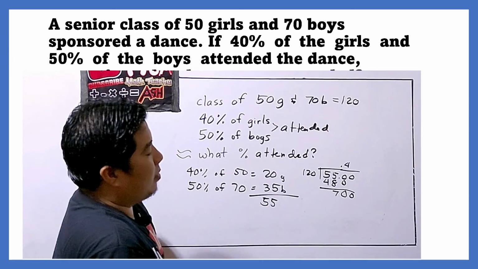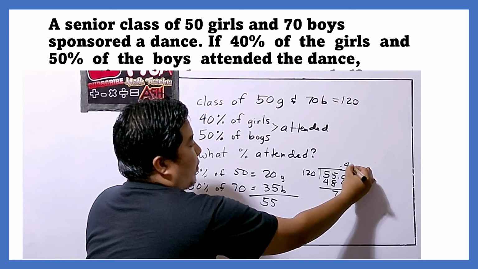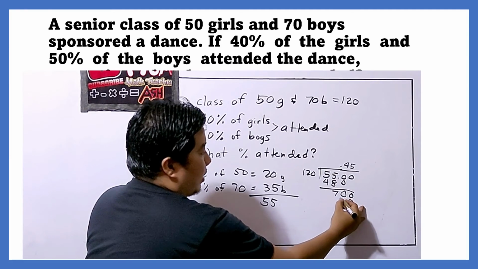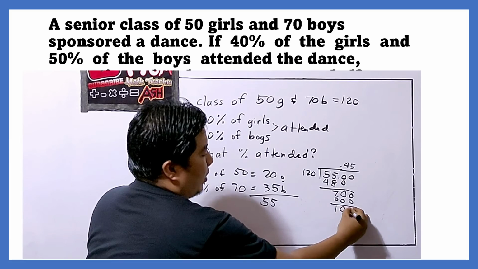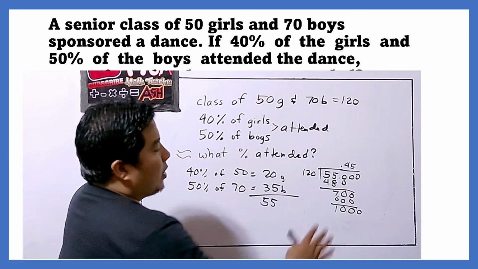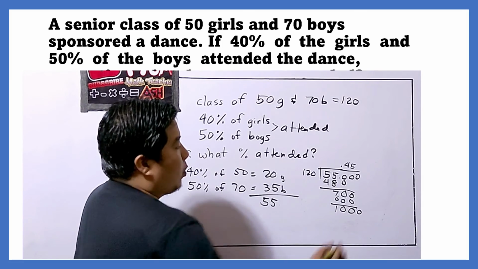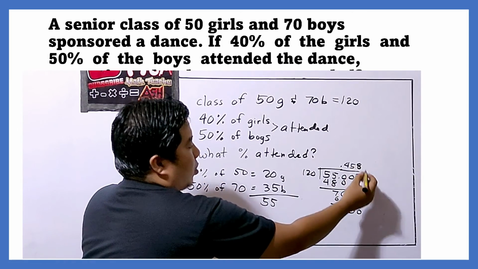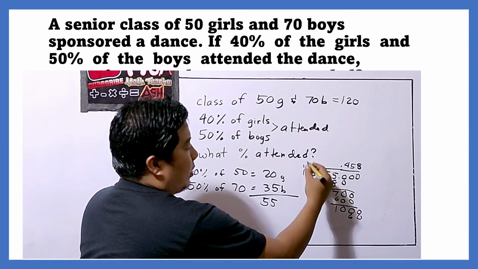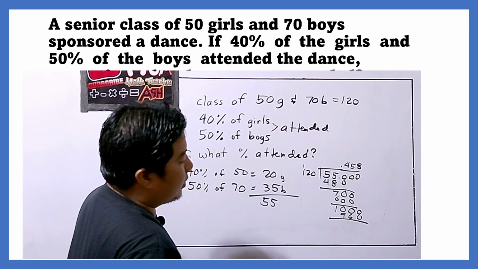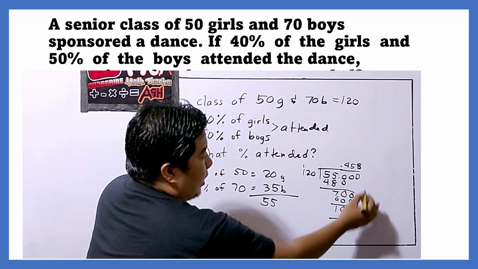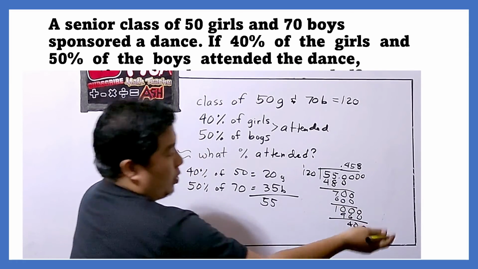So 700 divided by 120. So let's consider 5. 5 times 12, that is 60. So we have 1,000. Alright. We add another 0 for that. Then 1,000 divided by 120. I think that would give us 8. So 8 times 12 is 96, so 960. So basically, the remainder for this one is 40. Then we add another 0 and it doesn't end, right?